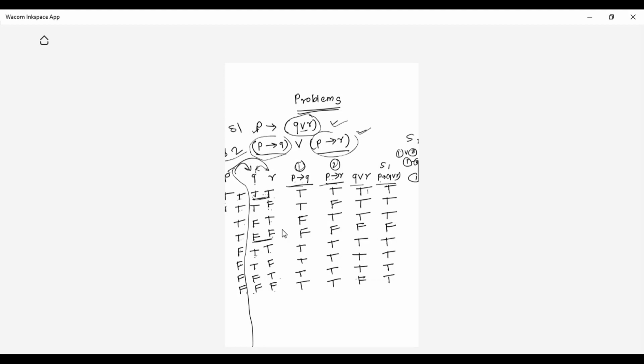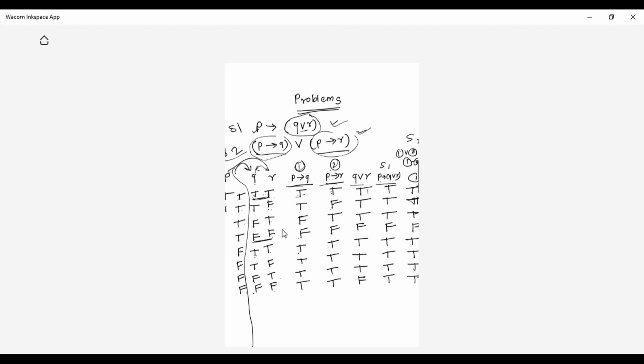Now go for the second statement. For the second statement we have got the first term, right? We have got the second term. Only ORing we have to do. Just OR these two. True, true, true, true, true, false, true, then false, true, true, false, false is false, true, true, true, then true, true, true, true, and the last one is also true. Okay, so the first two are true only. Okay, done.